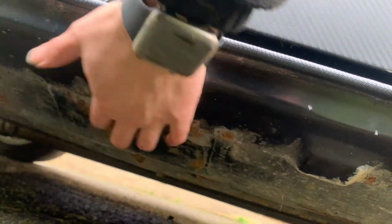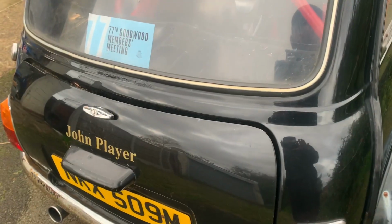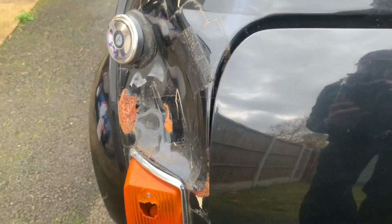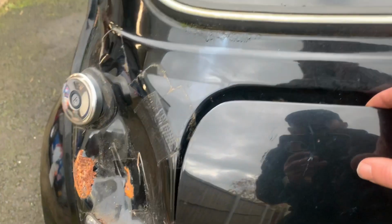All the underneath, look at it. It's got a little bit of, like, you know, as you get where the welds were, but the whole floor is really good, because when I built the car, underneath the paint is like rust prevention paint, so the whole floor survived basically, and all the arches are all faded up. Now the back end hasn't fared too well because it was underneath the tree, so we've got a lot of bubbling around here. There's a big ass dent. How this happened, I don't know, but because this happened, moisture's got in through the boot,